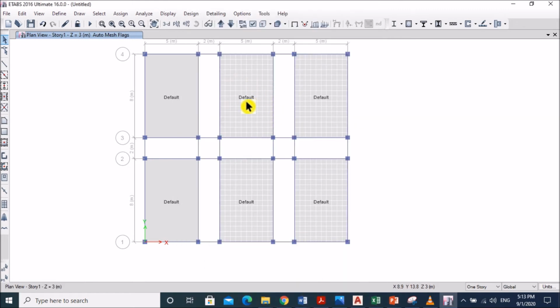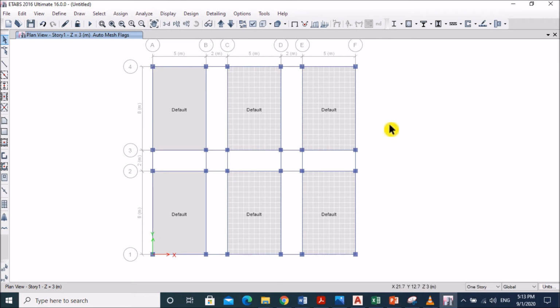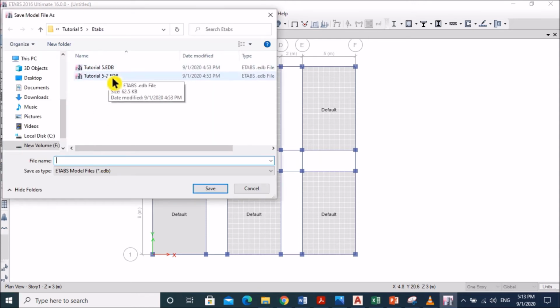You see the grid lines are shown in ETABS, but the membrane element is not meshed because it is the property of the membrane, right? And then run the model, run analysis. First we have to save it. Okay, I just want to save on this previous file.